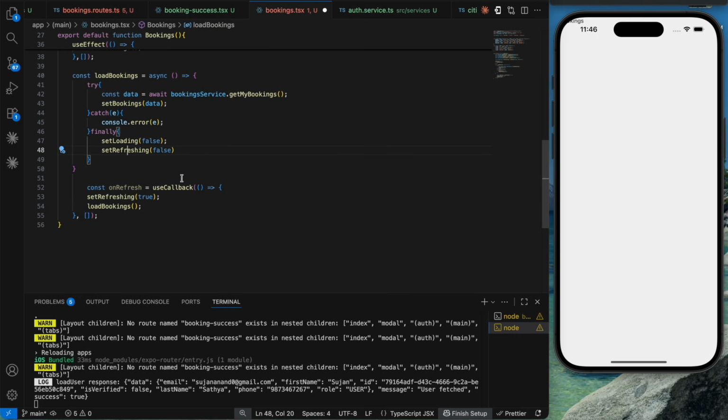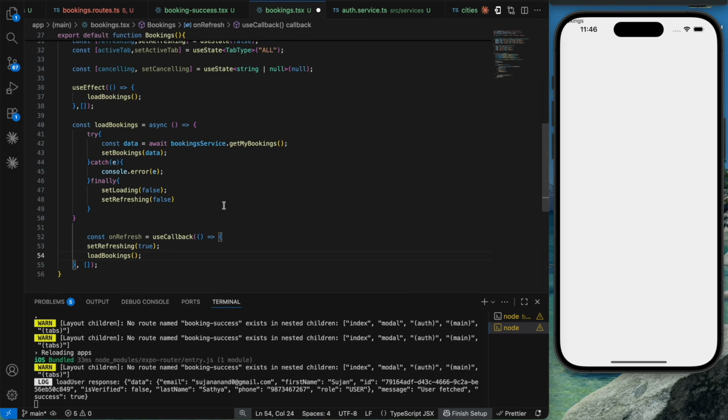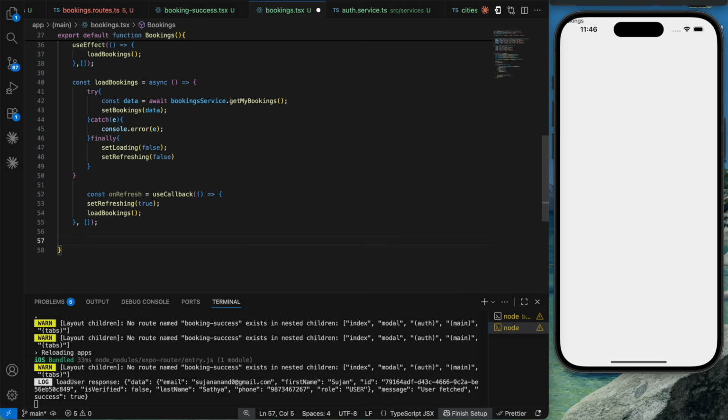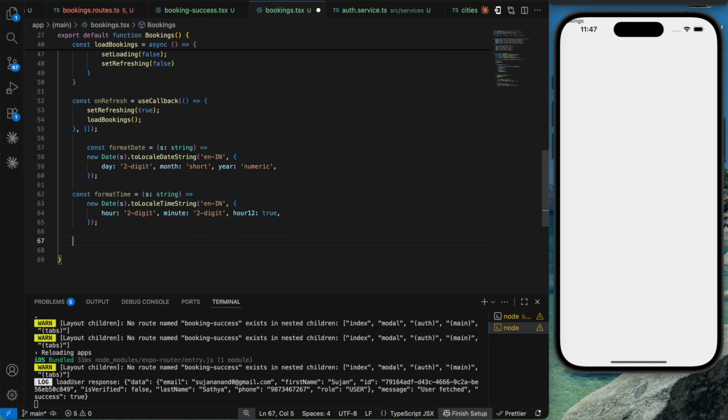Even over here set refreshing. Okay, yeah, this part is done. Again I'm going to have in two more helper functions that we have added from the previous screens. That is going to be for the format date as well as format time. Okay, there you go, this part is done. So next I'm going to say return